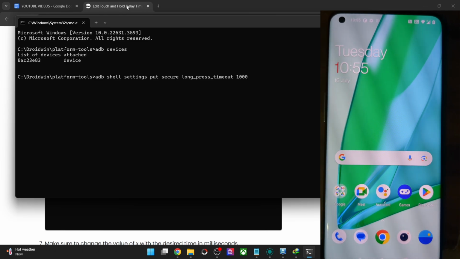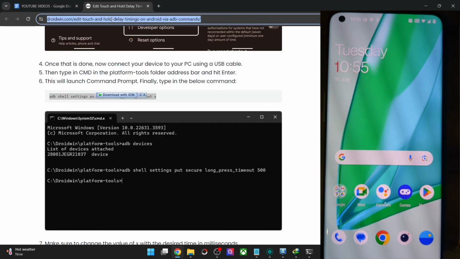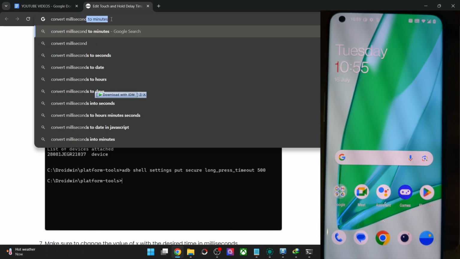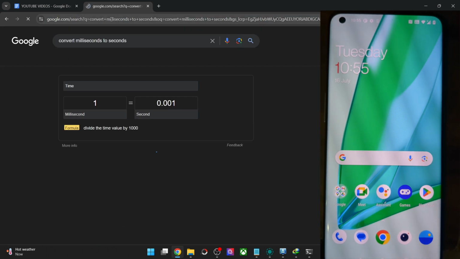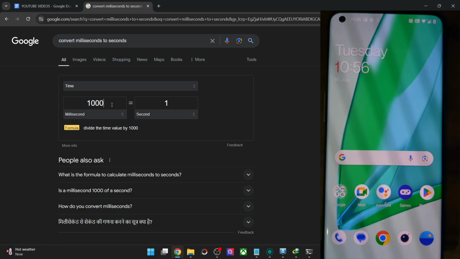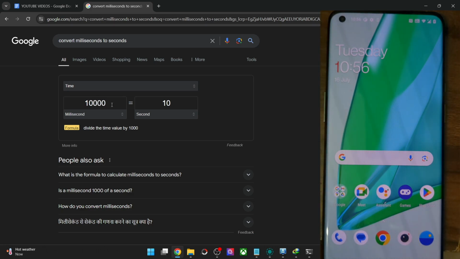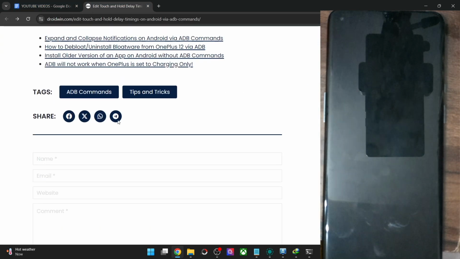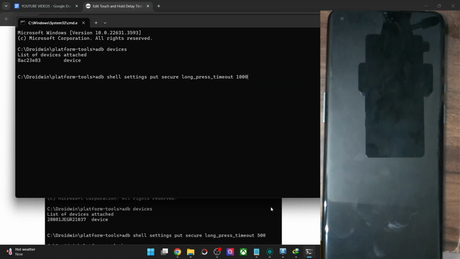And let me show you one more thing. Just give me a minute. So convert milliseconds to seconds. If we take 1000 milliseconds, then it will take only a second. So let's take around 5000 milliseconds, which should take 5 seconds. So let me now show you. If I use the value of 5000 milliseconds in place of X, this will take the value of 5